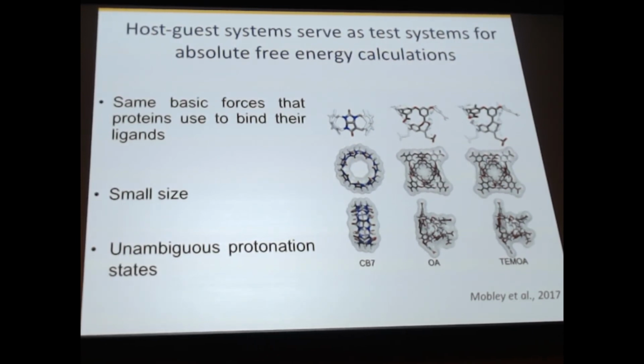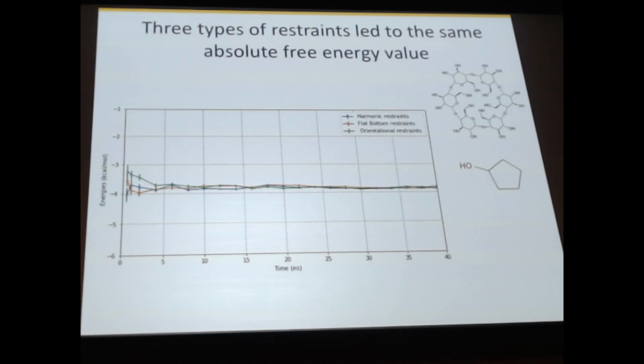And the experiments can be done under conditions that make the protonation states of the host and the guest unambiguous. So we chose a cyclodextrin formed by glucose monomers as a host, bound to a cyclopentanol as a guest. And we did absolute free energy calculations using Yank with three types of restraints: harmonic, flat bottom, and orientational restraints. We did 40